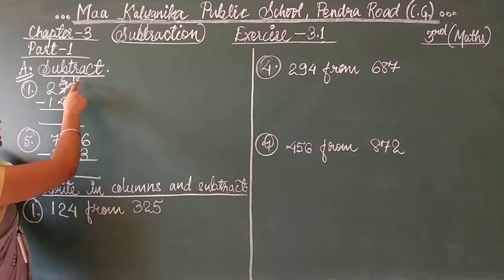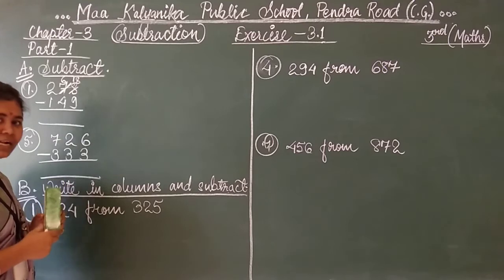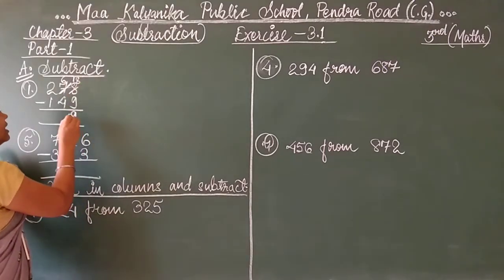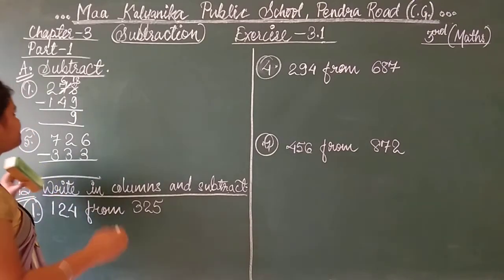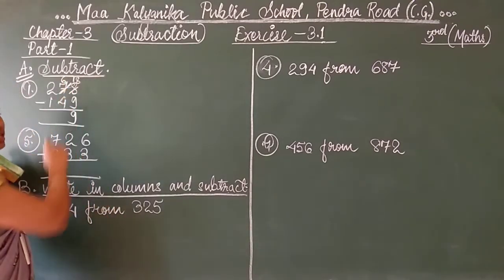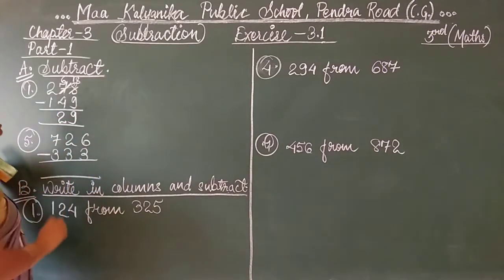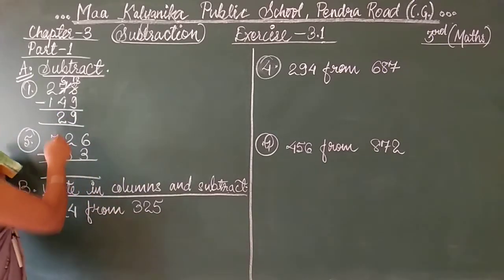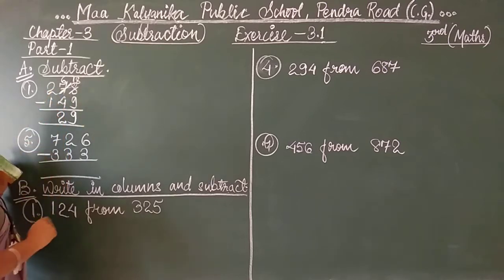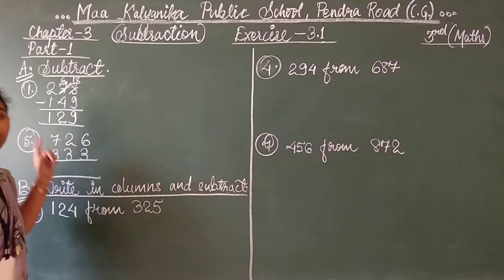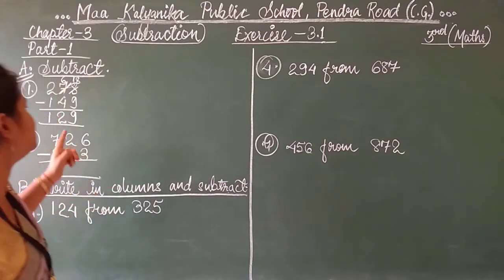See. So now 18 minus 9. Of course 18 minus 9 can be done. 9 twos are 18. So 18 minus 9 is 9. So now students, 6 minus 4. 6 minus 4, the answer is 2. You know how to subtract? Yes. So now 2 minus 1. Students, 2 minus 1 means 1. So 129 is the answer here, students.